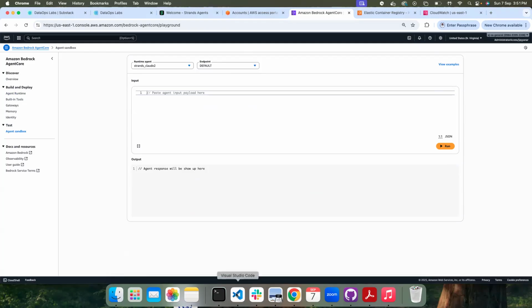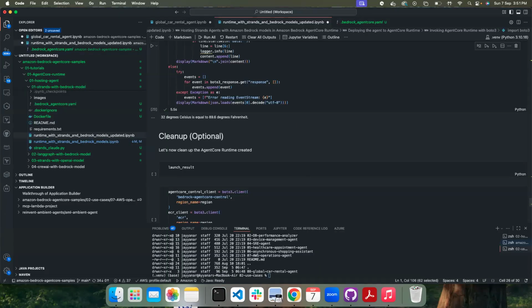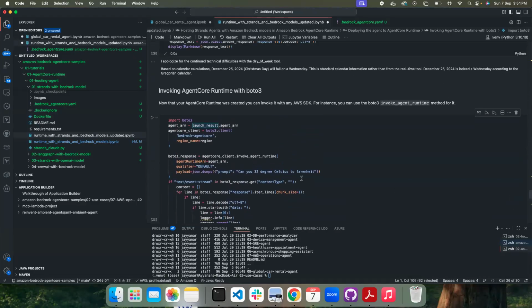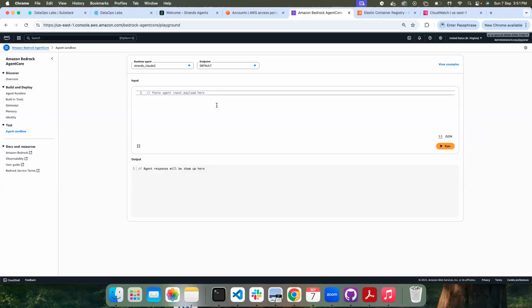Let's copy the prompt format from here itself. Let's say, can you share my weight